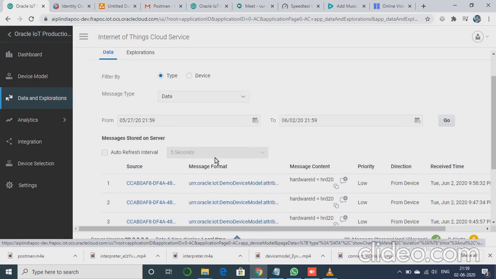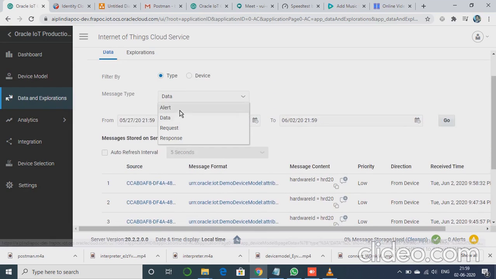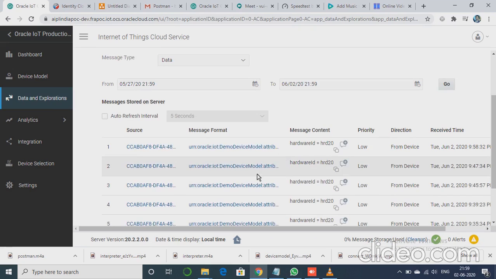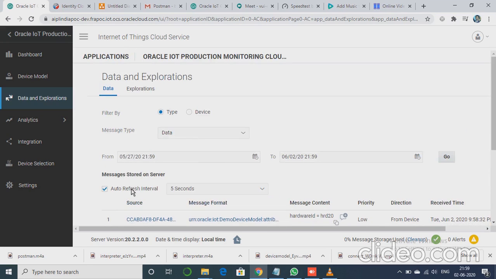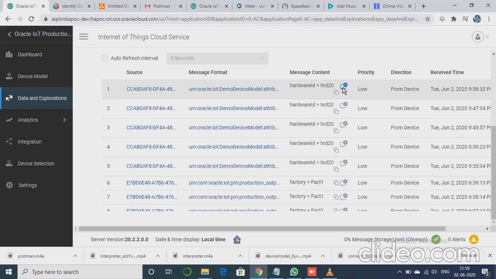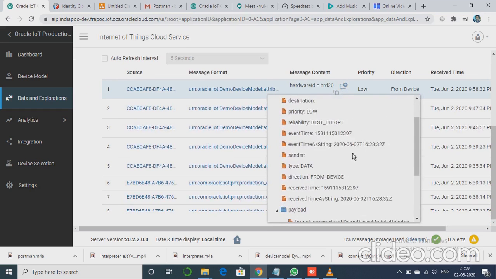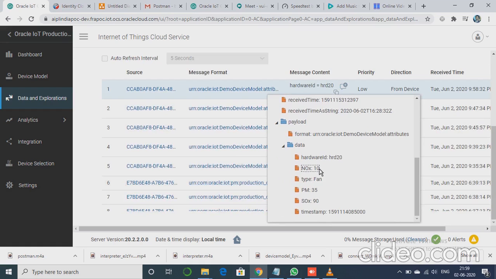Here you have to select data in the message type. Once you select data in the message type, you have to refresh the interval. So in order to see the data which you have posted, this is the live data which we have posted just now.